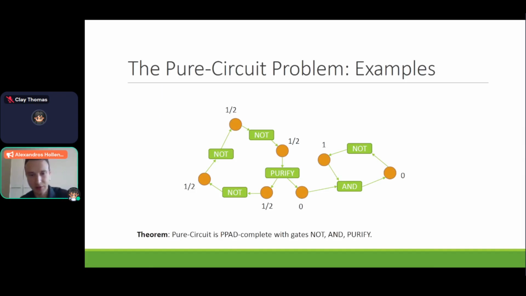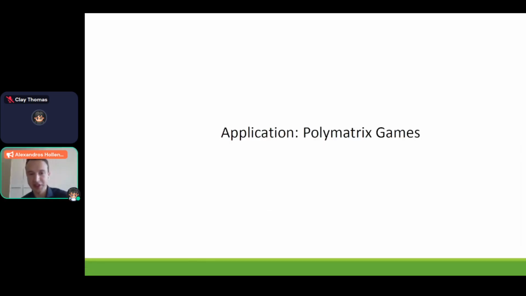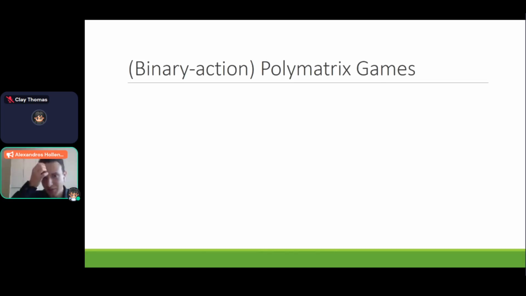All right, so now we move on to the final part of this tutorial, which is Polymatrix games. So what are we going to do? We're going to prove a hardness result. So let me briefly introduce Polymatrix games in the remaining 10 minutes or so. I'm just going to look at the simple case where every player has just two possible actions. Okay, so we have many players, n players. Each player has two possible actions that I'll just call 0 and 1, action 0 and action 1.